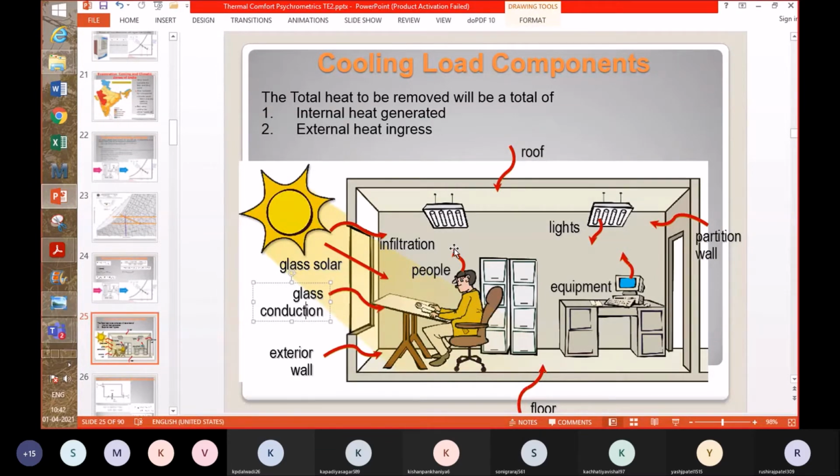You have put a glass, so through the glass also there is some conduction of the heat, because the outer surface of the glass will be at a higher temperature and the inner surface would be in contact with the inside air, so it will be at a lower temperature, and there will be heat transfer through the glass. Of course, here there is just a single sheet of glass shown. The more the thickness of the glass, the less the heat conduction, and one can put multiple glasses also to reduce the conduction of the heat through the glass. Then glass solar: there is conduction through the glass, but major heat gain can be when the direct sun rays, or even the indirect or diffuse radiation, come through the glass.